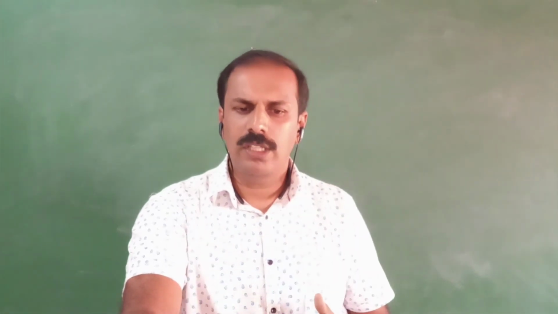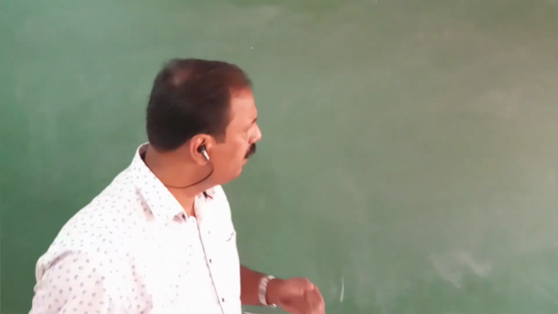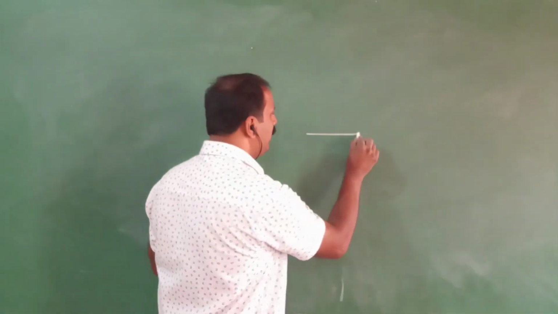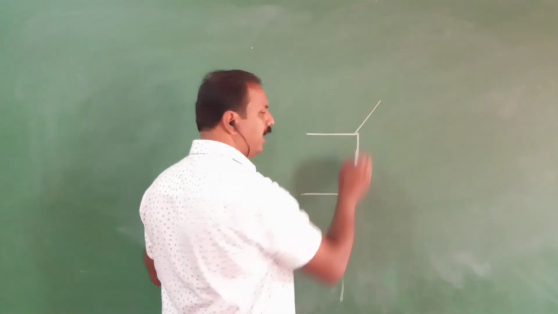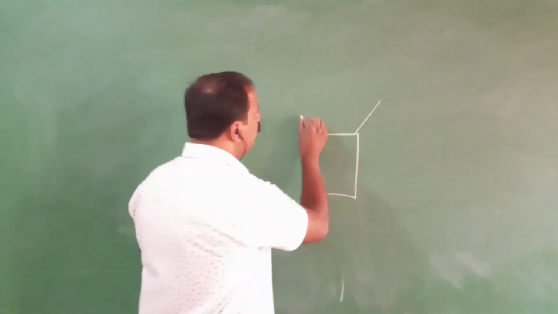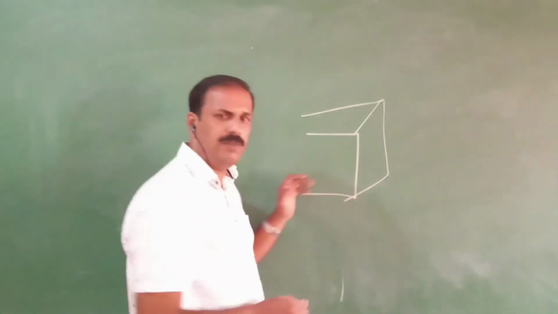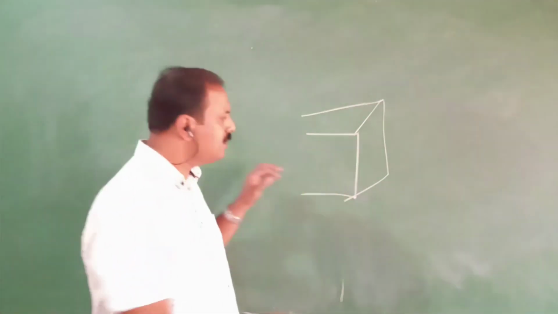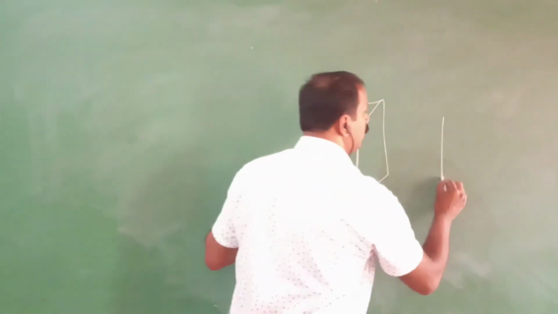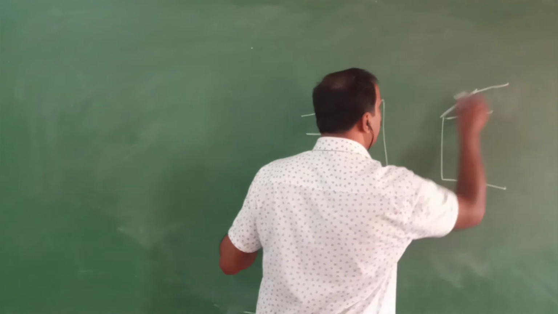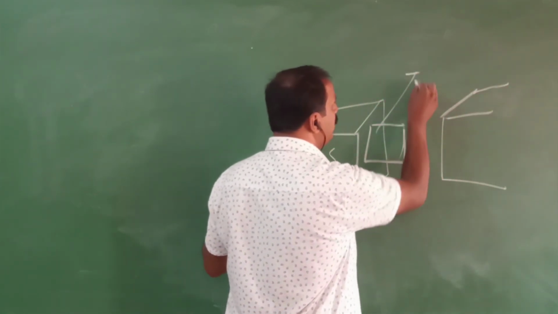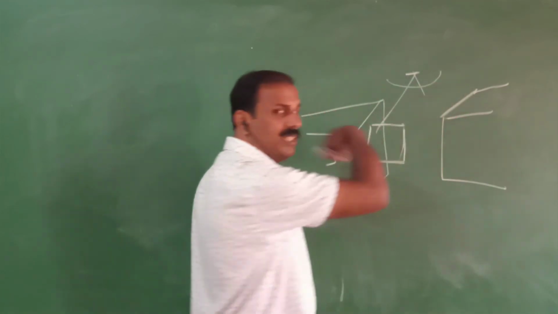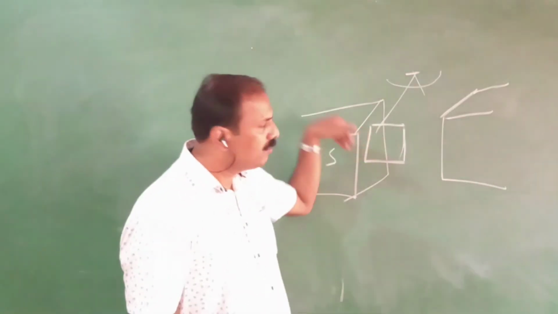Now if you take a bulk material, for example, you have a magnetic north pole and south pole kept like this. Actually, we cannot separate the north pole and south pole, just for explanation, I am telling. In between, you have a thick magnetic material which is swinging, which can move like this to that side, this side. It is free to move like this.